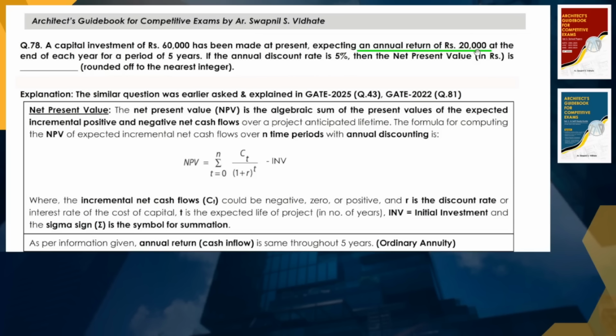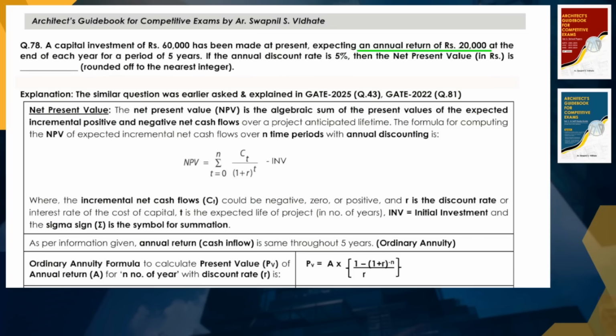There is no incremental cash flow during those 5 years. The cash flow is the same, so we can call this an ordinary annuity. It is not an incremental annuity. So the ordinary annuity formula to calculate the present value is